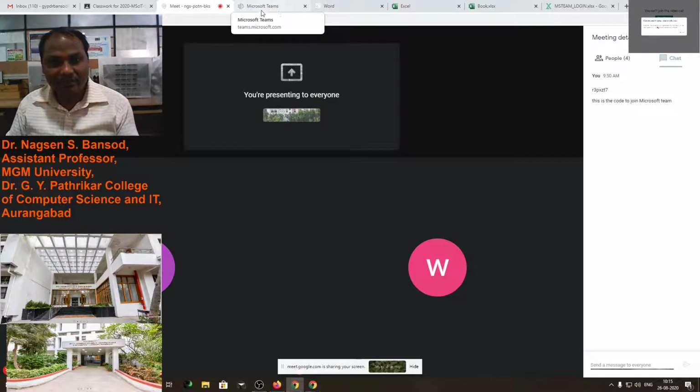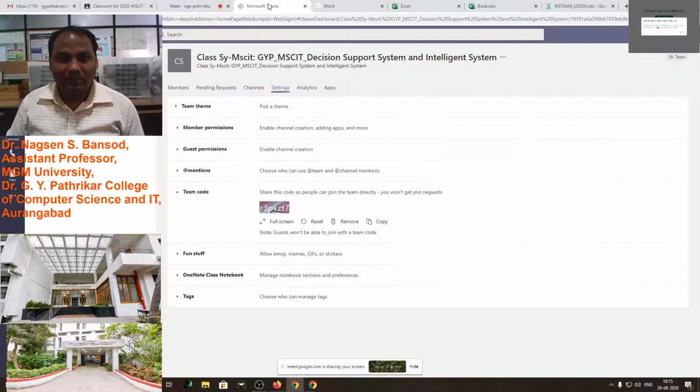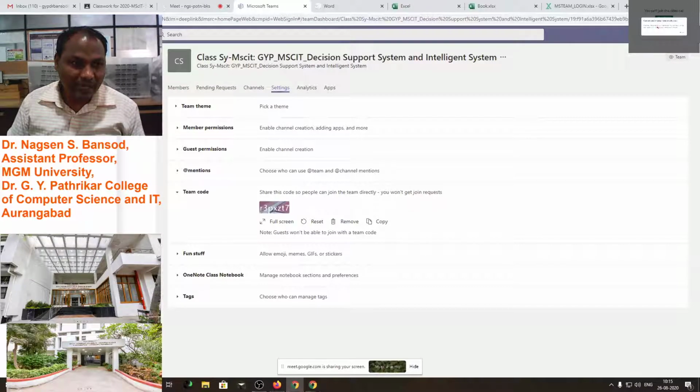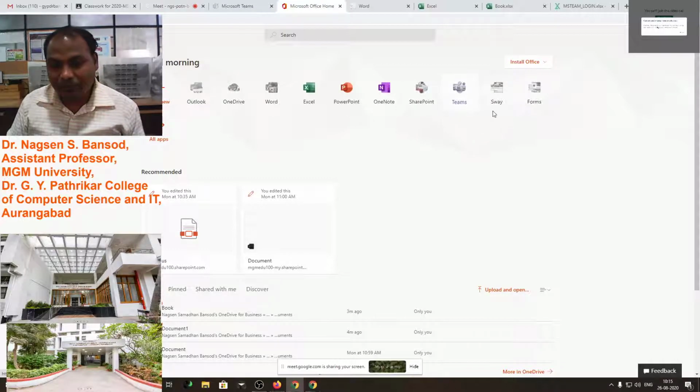You see this is the, is it readable to you? Can you read this word? Microsoft Teams. In this software we can access the various apps. You see here is the list of app.